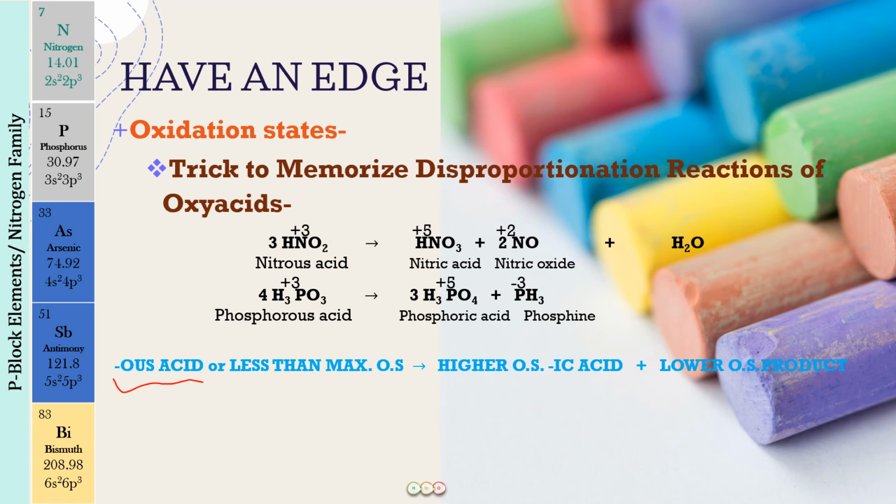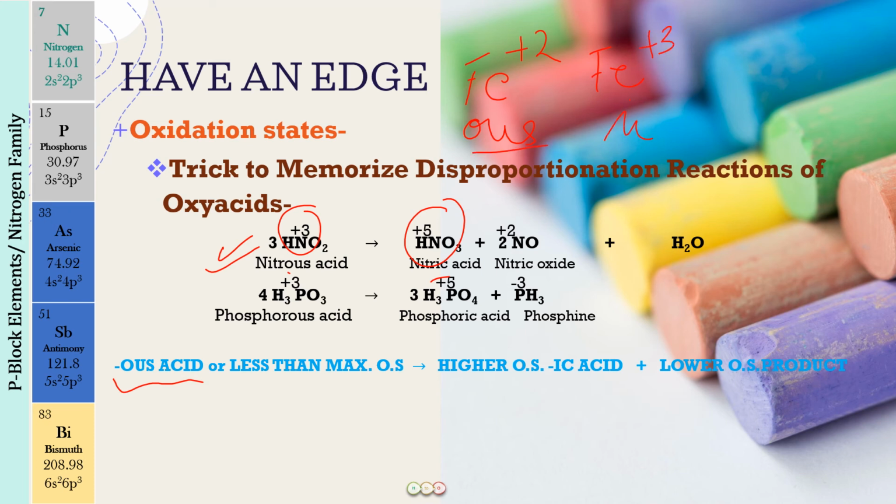But here we have the -ous acid. For example, nitrous acid is HNO2 and nitric acid is HNO3. In the -ous acid, you can see that we have the +3 oxidation state, whereas nitric acid is an -ic acid, right? So ending in -ic and ending in -ous. The -ic acid is always at a higher oxidation state than the -ous acid. Even if you just talk about the elements, we have the same nomenclature. For example, you have studied ferrous and ferric, right? Fe+2 is called ferrous and Fe+3 is called ferric, right?